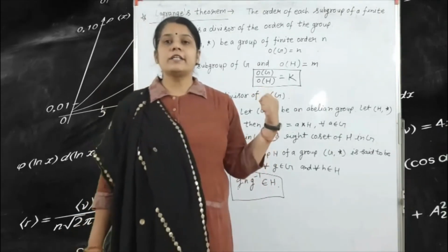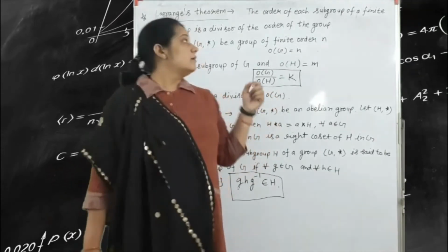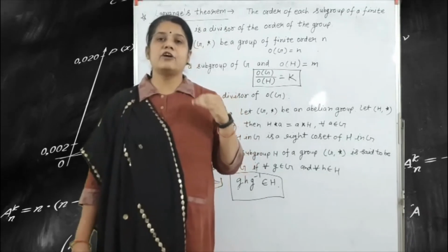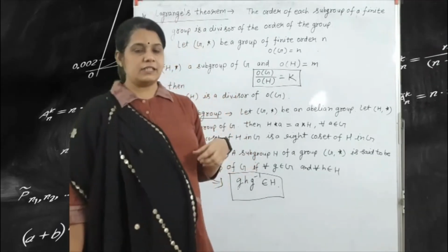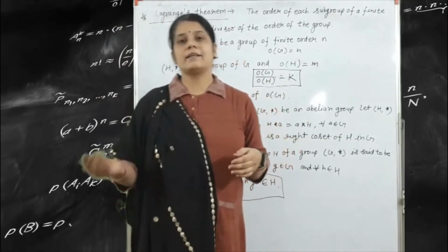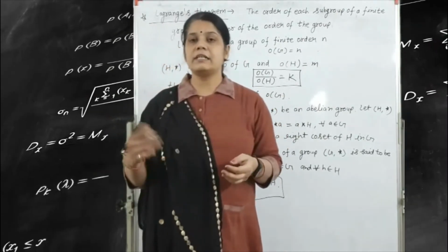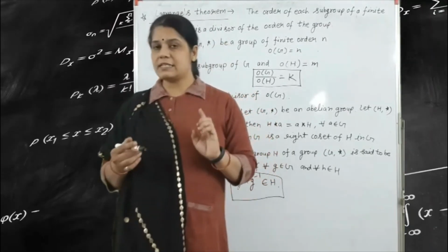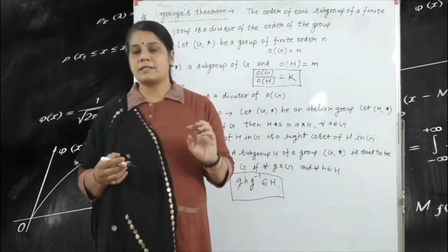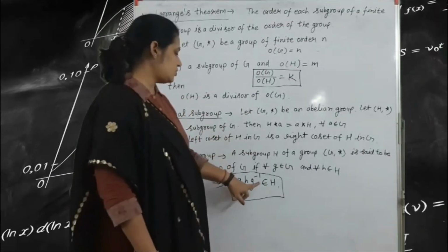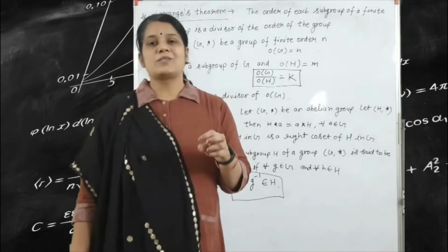So according to this lecture, we have already seen Lagrange's theorem, the normal subgroup and the coset. Coset means left coset and right coset. For finding the normal subgroup, if your left coset and the right coset are both equal, then we can say that this is a normal subgroup. And the other definition is what? The other definition is g h g inverse belongs to H.